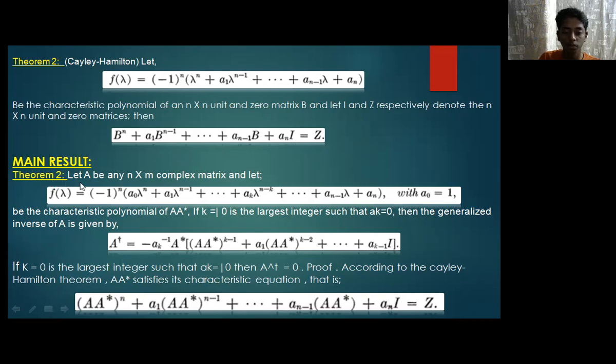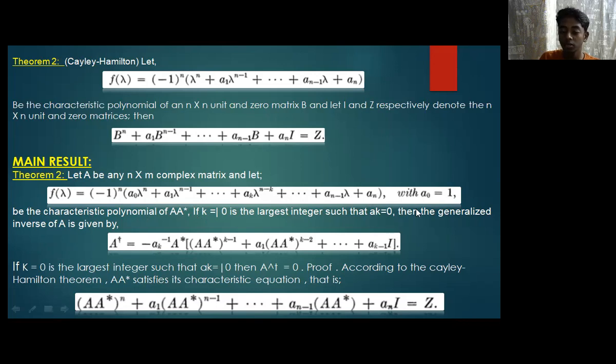Main result of Theorem 2. Let A be any n into m complex matrix, and let this equation, with a naught equal to 1, having the value a naught is equal to 1. If a naught is equal to 0, then the first part, the whole thing becomes 0. The second part will also become 0. So that is the reason we have mentioned that a naught has to be 1. So this is the characteristic polynomial of A into A inverse. If k is equal to 0 is the largest integer,